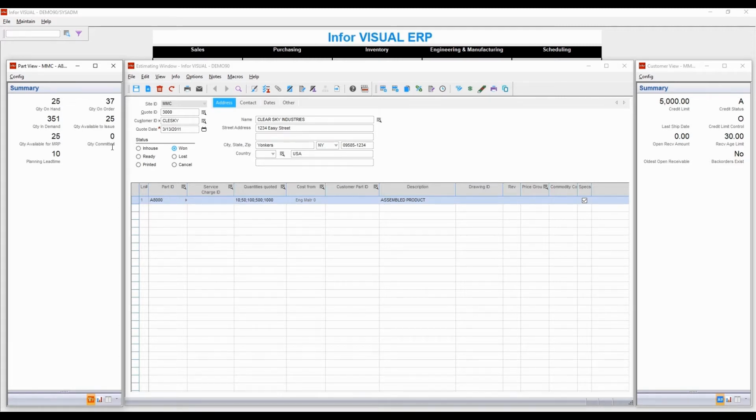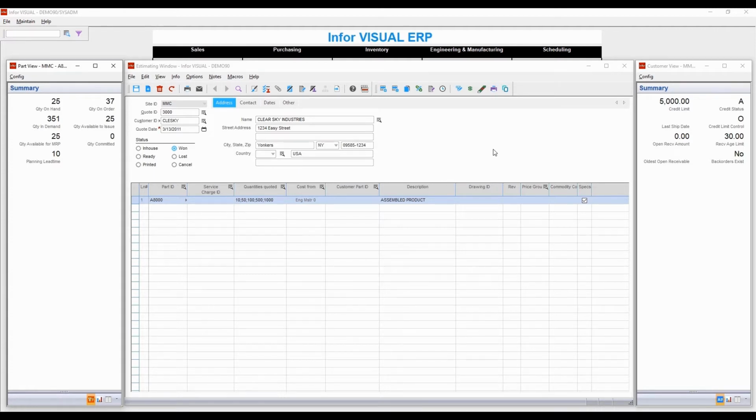But generally, we do have these view panels, which give us information about what we're looking at on the screen. So I'm looking at a part view panel over here on the left, which gives me information since we are quoting an actual stock item that we already have. If this was a new item that we were quoting, we wouldn't even need to have a part number to estimate it. But if we were creating a part number first to estimate it, we would obviously have zeros in all of this. But since this is an existing item, it allows me to easily see while I'm doing the estimate, do I have any on hand, and how many are in demand, and how many are available to me. So it gives me some good information here if I'm trying to turn this quote around quickly to offer to